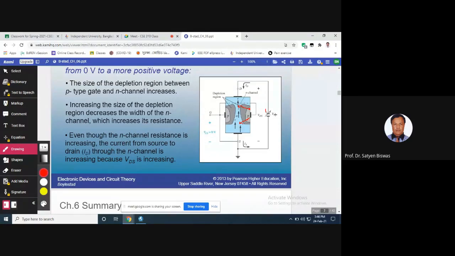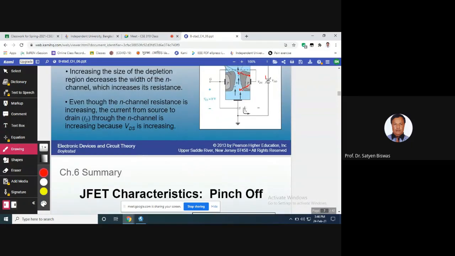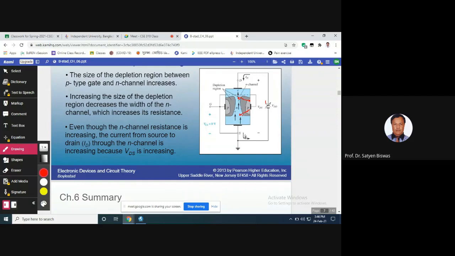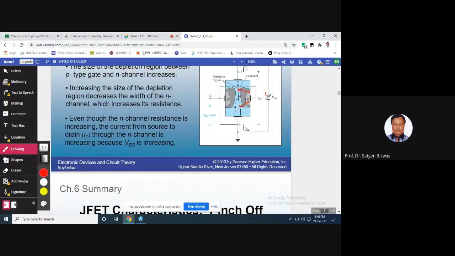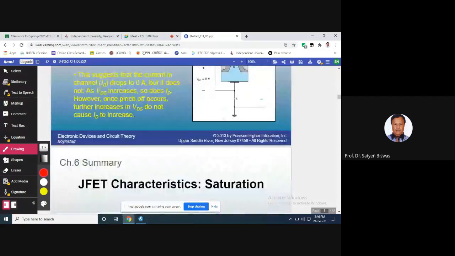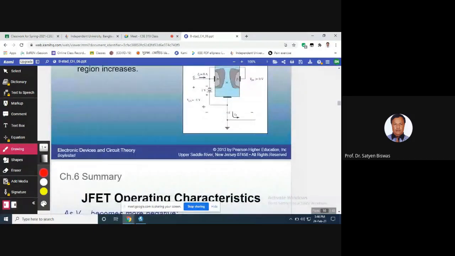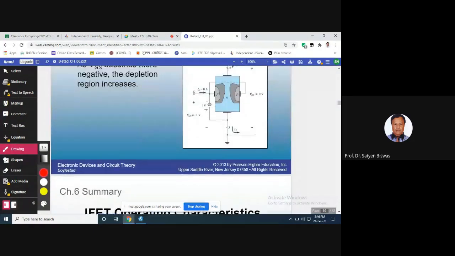The highest voltage is VDD, and it was changed gradually, and then we saw that the depletion region starts to increase gradually, and the current also gradually increased, and at a certain point it stopped at a constant value. But now we can see what will happen if we change the voltage at the gate. So far we have not done anything with the gate voltage, but now we see in this case that we are increasing